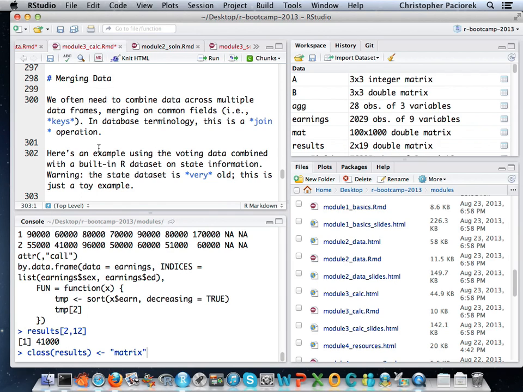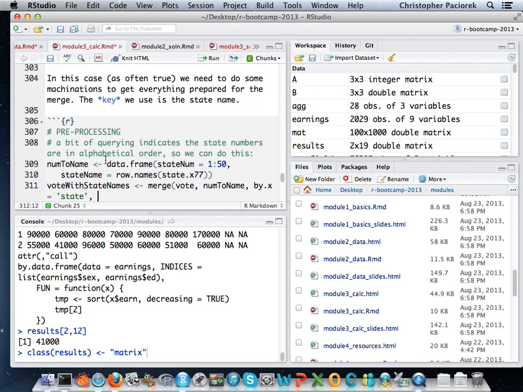So for example, that voting data set is a bunch of information that's at the individual level, one for each person. But each person is associated with a state. And there's lots of state level information, like what's the size of the state, or how many people live in the state, or what's the average income in the state. And maybe you want to pull that state level information into the individual level data that are in the vote data set. Well, we would need to do that by having a common column or common field from the voting data set with some state level data set that we have.